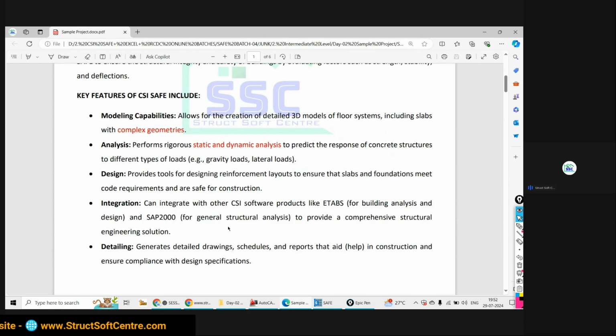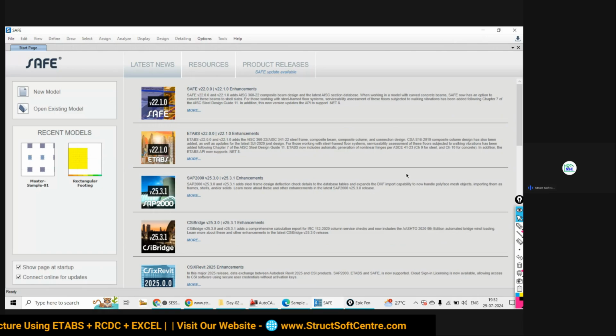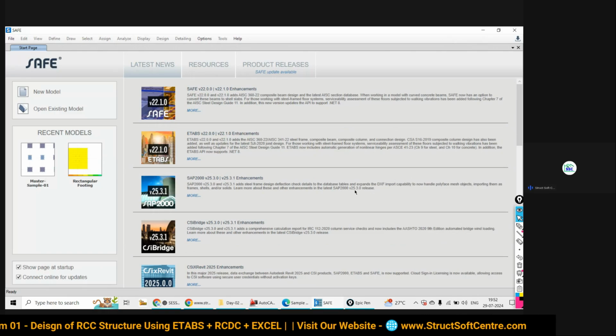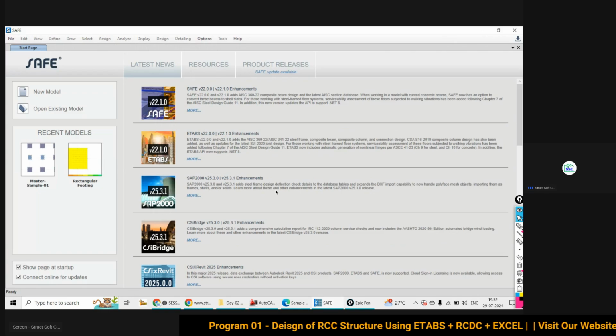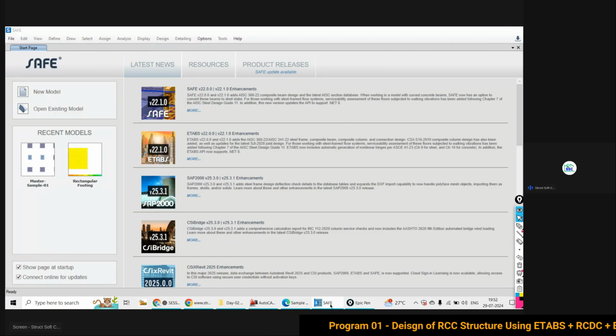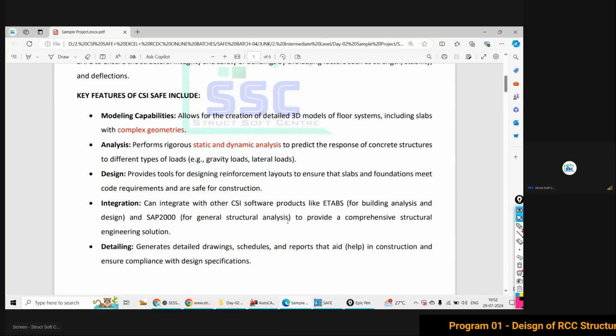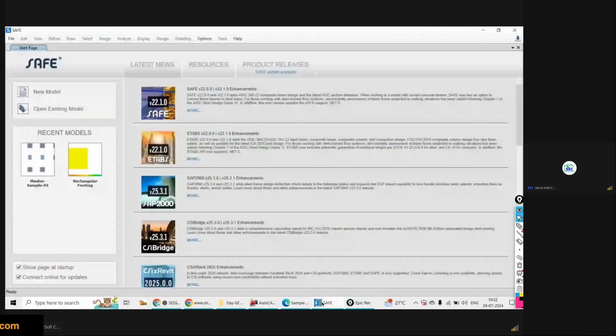Suppose you are going to do the foundation design. In CSI SAFE you can do the foundation design, but you cannot analyze the superstructure, you are not going to model the superstructure. So at that time we need to take the help of a primary software. Note this point, SAFE is a secondary software. Can you repeat it once?